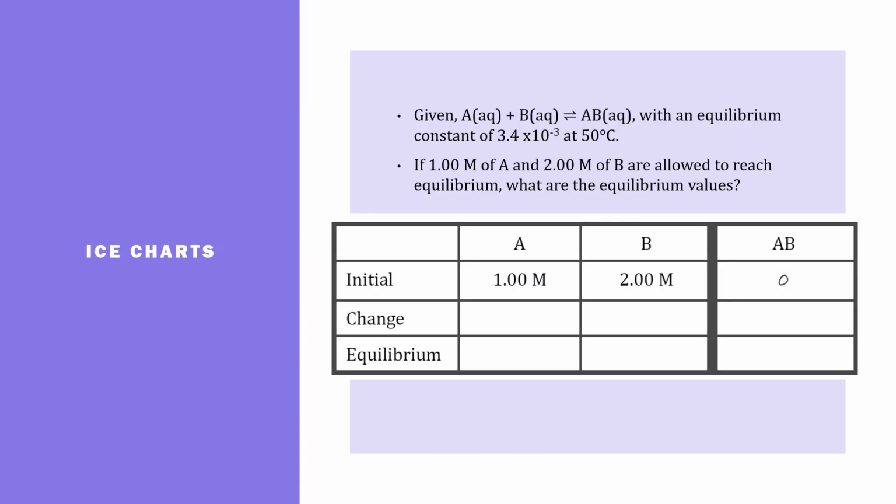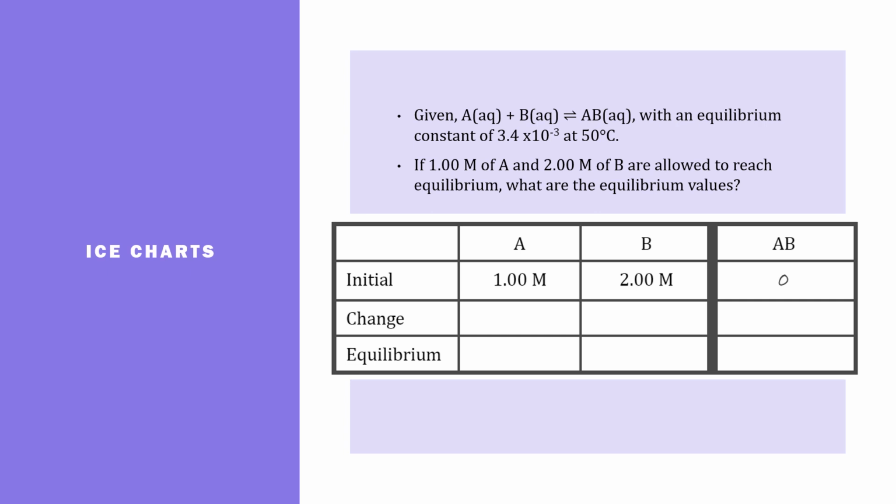So here's another example. A plus B yields AB with an equilibrium constant of 3.4 times 10 to the negative 3. They gave us the value of the equilibrium constant. Okay, so this one's going to be just a little bit different. So if we add 1 molar of A and 2 molar of B and they are allowed to reach equilibrium,